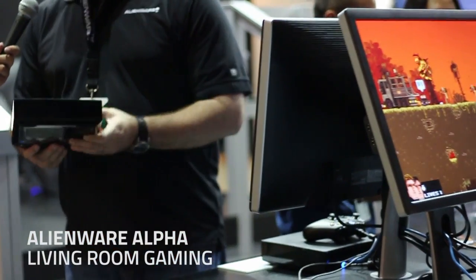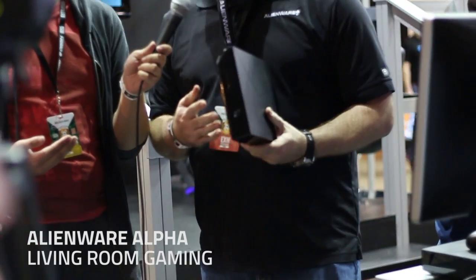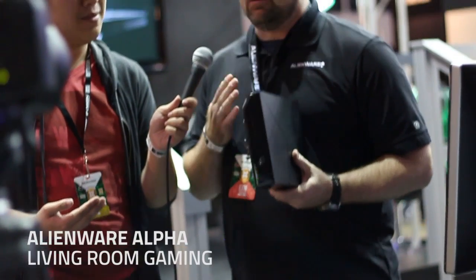Joining me now is Joe from Alienware, and you have the Alpha, yes, the home console, am I not mistaken? This is what we call the world's first PC gaming console. It's a purpose-built living room PC. Okay. And that scares a lot of people off because they think, oh my gosh. The product is meant to work